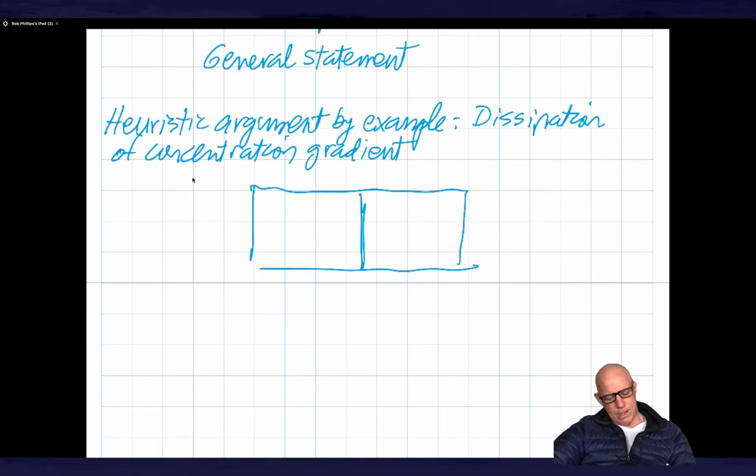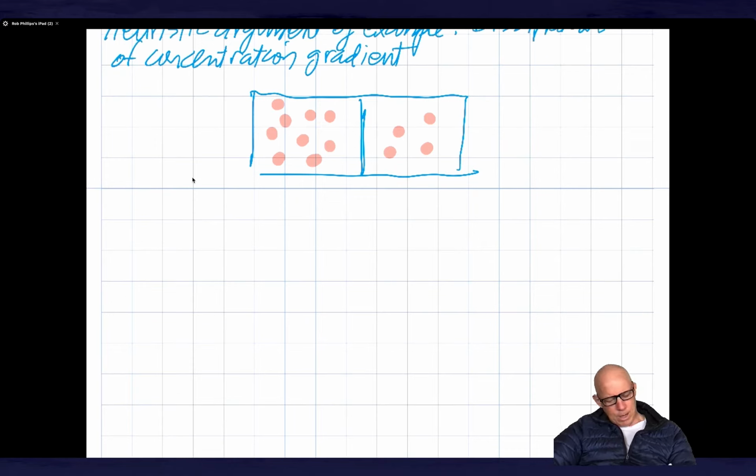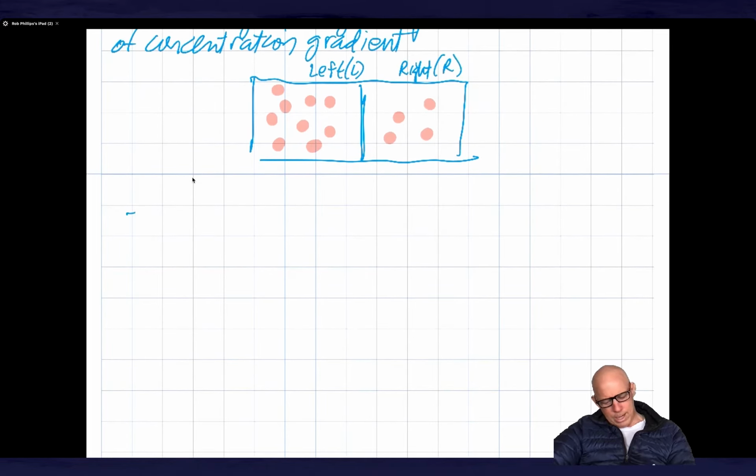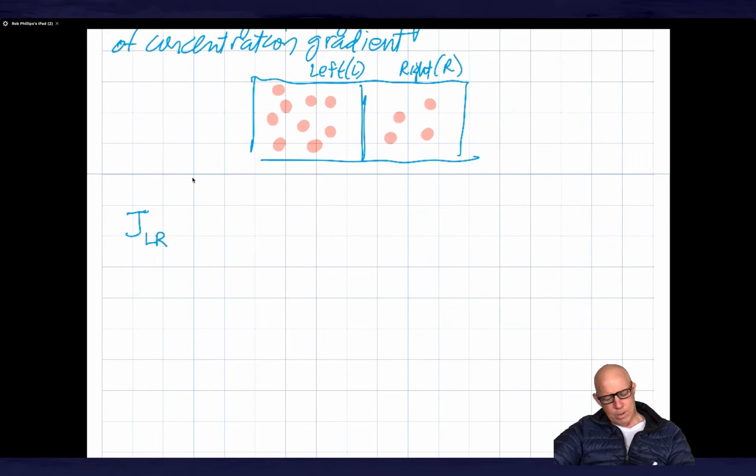We had a partition, and then we had some molecules on each side, and what I want to say now is that I'm going to call this left, for L, and this side I'm going to call right, so that's going to be R. And what I want to say is that J left to right is equal to